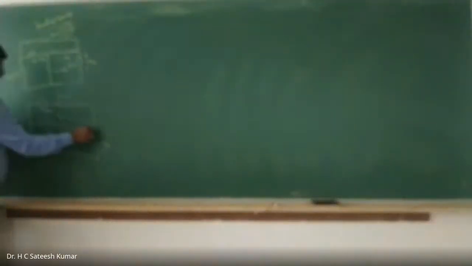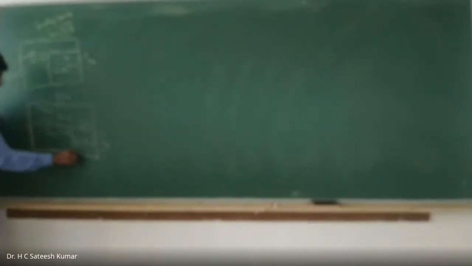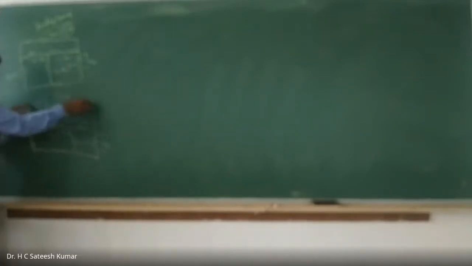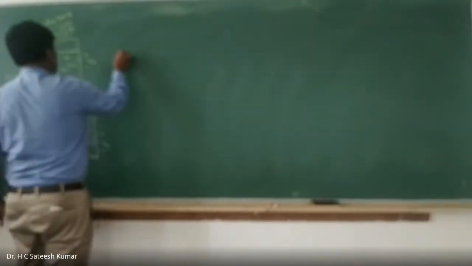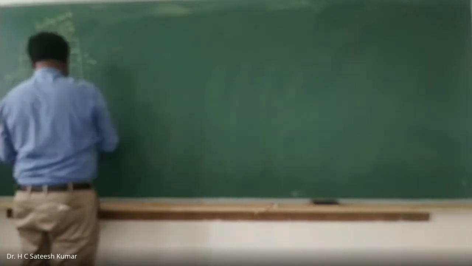Now, these points are all the same, no? So this point should be connected to this one, and the other end of this one is connected to this point. Instead of writing like this, I rewrite this one. I'll take this point and connect it to this point, and this point I'll connect to this point. So what will happen? Observe carefully. I'll rewrite it.